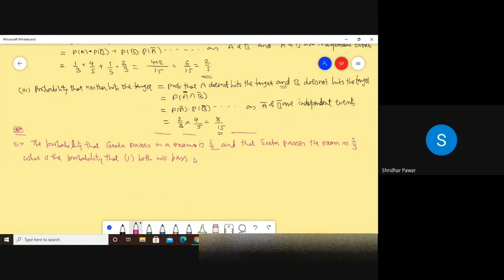म्हणजे कुठचं probability आहे? Yes. A be the event that Gita passes, B be the event that Sita passes, then both means Gita passes and Sita passes. म्हणजे कुठचं probability आलं? Probability of A intersection B. आता गीताने पास होण्याचा सीताने पास होण्याशी काही संबंध आहे का? नाही. इंडिपेंडेंट इव्हेंटचा प्रॉपर्टी वापरा.